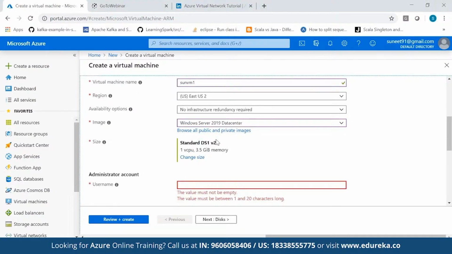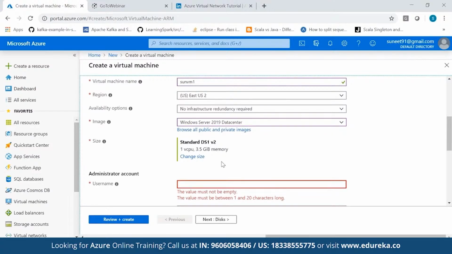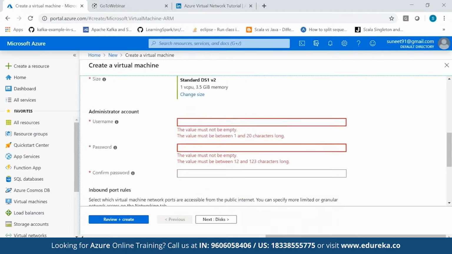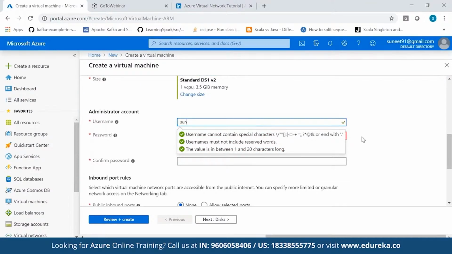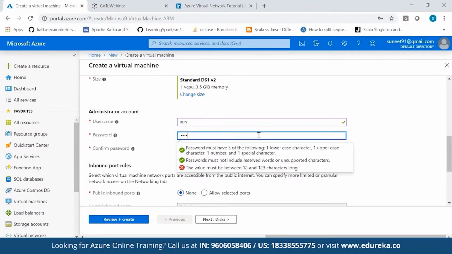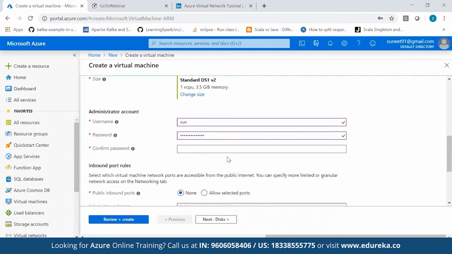Here we will have one virtual CPU and 3.5 GB of memory. Now in here what you need to do is set the admin role. So you need to give the username and the password. Let's say I am giving the username as this, and the password as this. Now here I need to specify